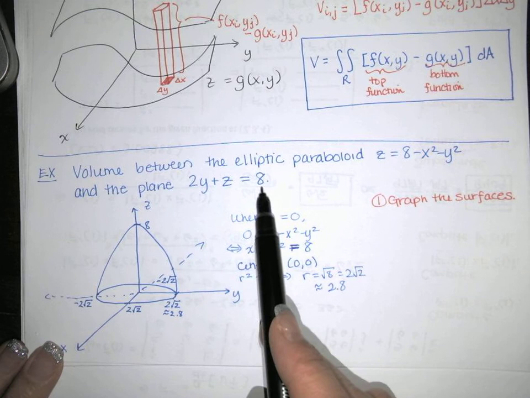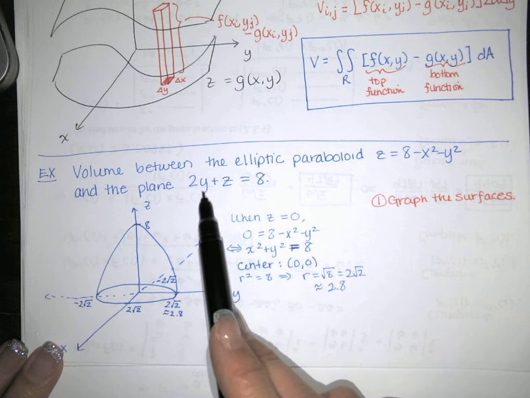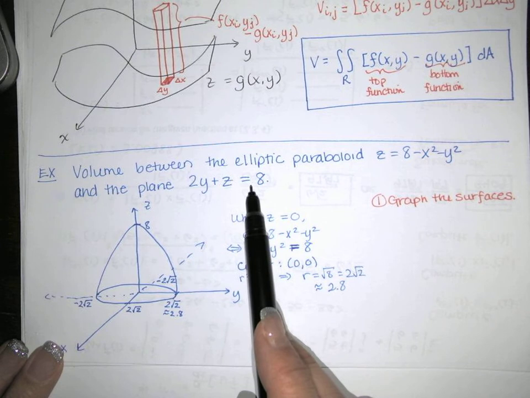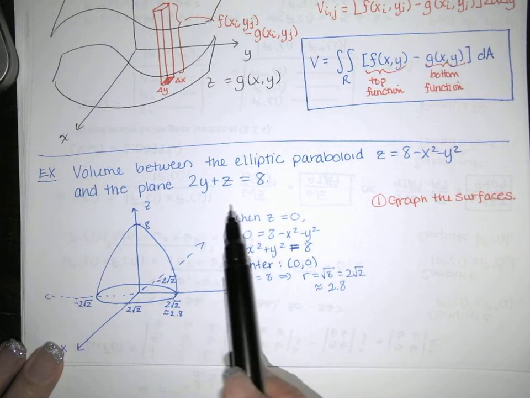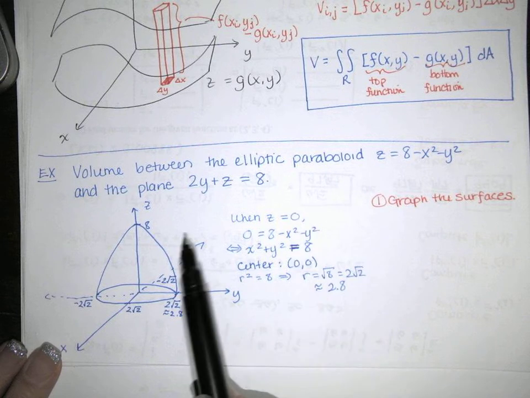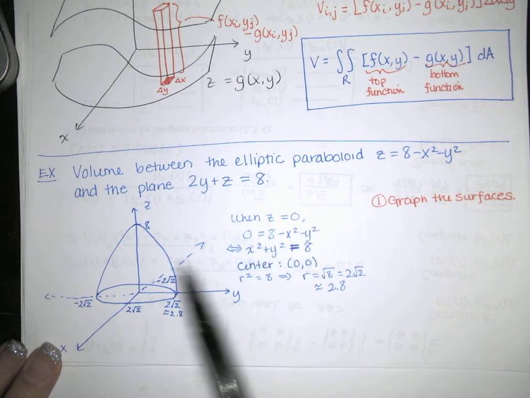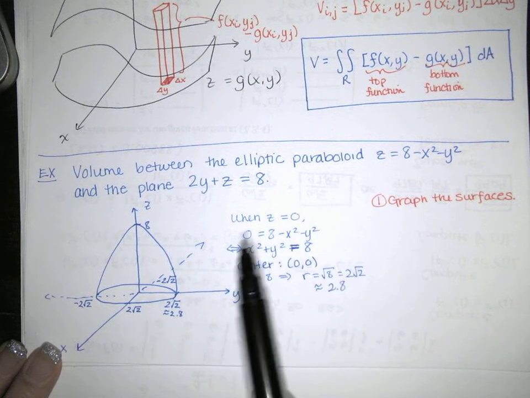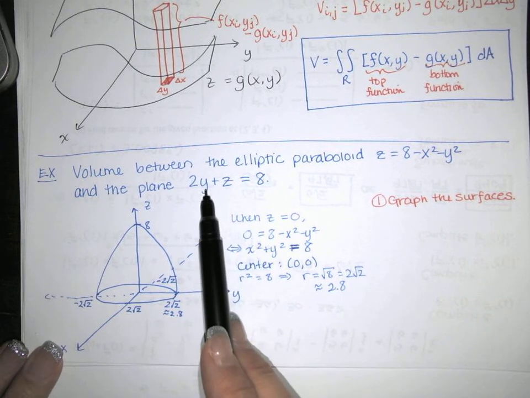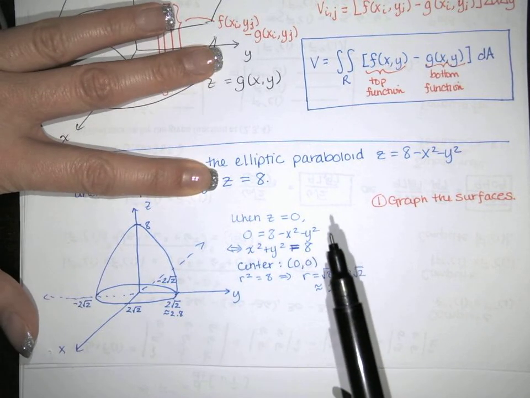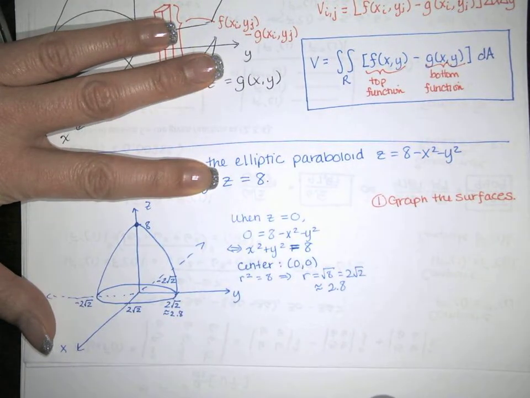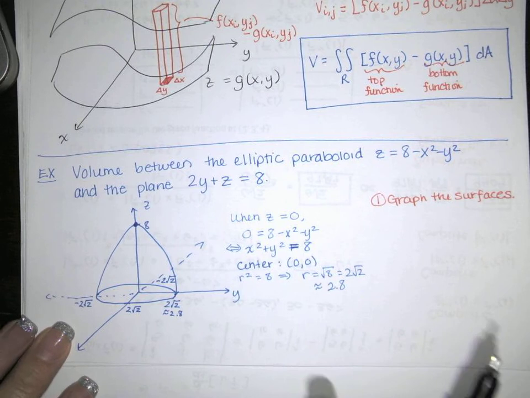The easiest way to graph this plane is to graph the line back in the yz plane. And the easiest way to graph the line is to just find the intercepts. So I would set one variable equal to 0 and solve for the other one, and then you can figure out where your plane crosses the y-axis and the z-axis. So let's look at this. When y equals 0, we just end up with z equals 8. So we're right there. And when z equals 0,